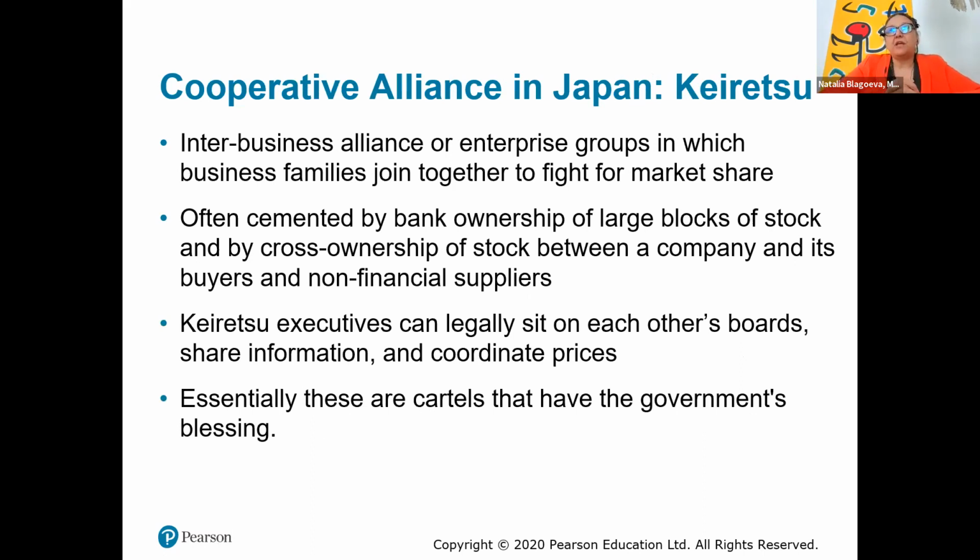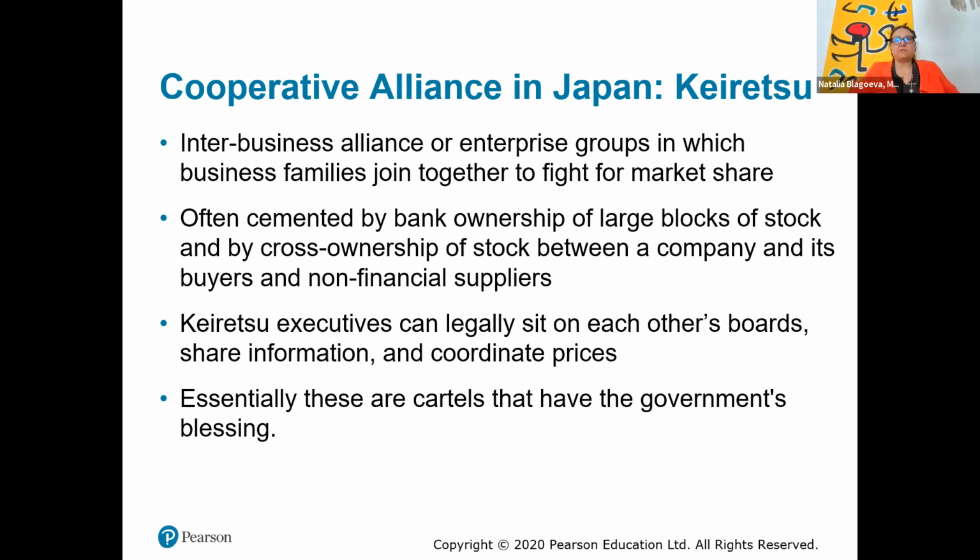There are some specific Asian examples of cooperation. For example, in Japan, we have the Keiretsu, which are inter-business alliances or enterprise groups in which business families join together to fight for market share. Essentially, in the sense of economic science, these are cartels, which in some countries are forbidden, but in Japan this is actually tolerated, and they have actually been at the core of the big industrial success of Japan at the end of last century,